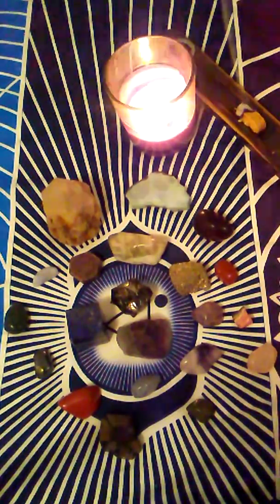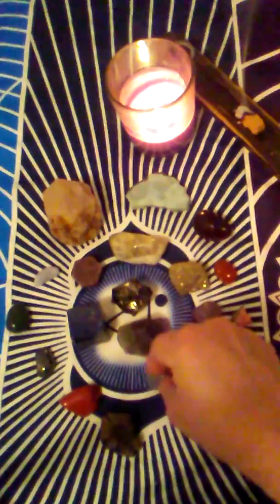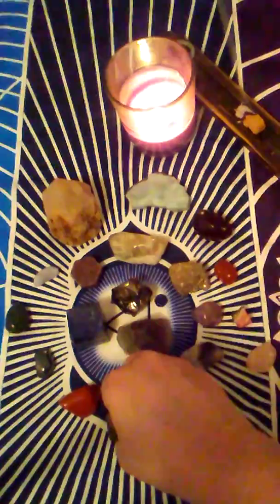And so, let's see, for fever, let's see, this is ruby. This is actually a record keeper ruby. Blue chalcedony, chiastolite, carnelian,